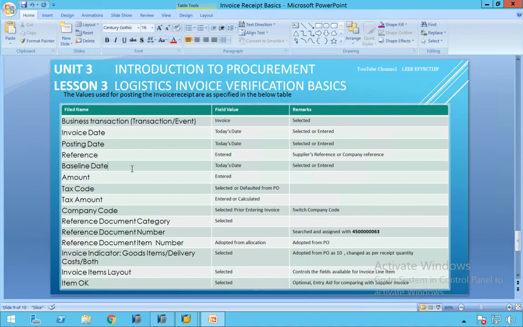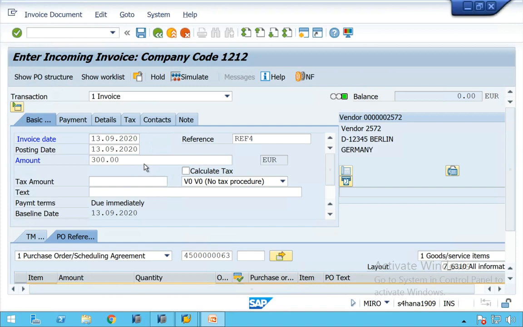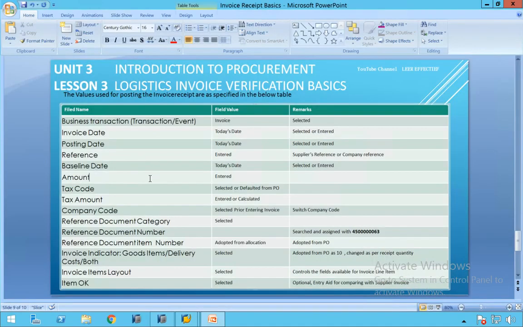Now the baseline date we understood and have given. Amount also we have entered. The tax code is selected, or defaulted for PO. As of now we are not dealing with taxes in a simple invoice.